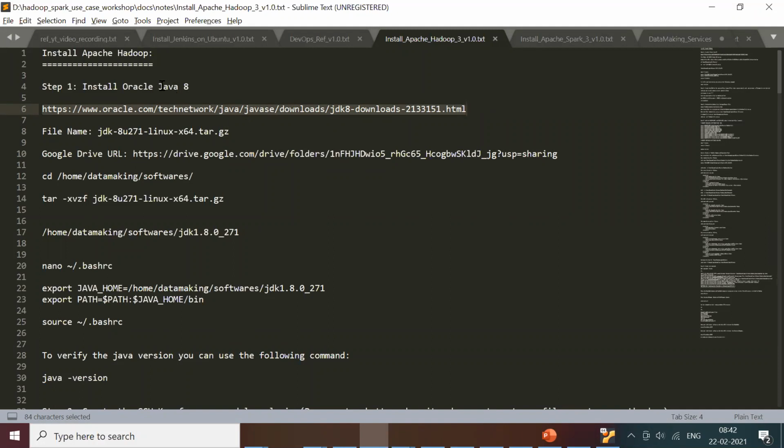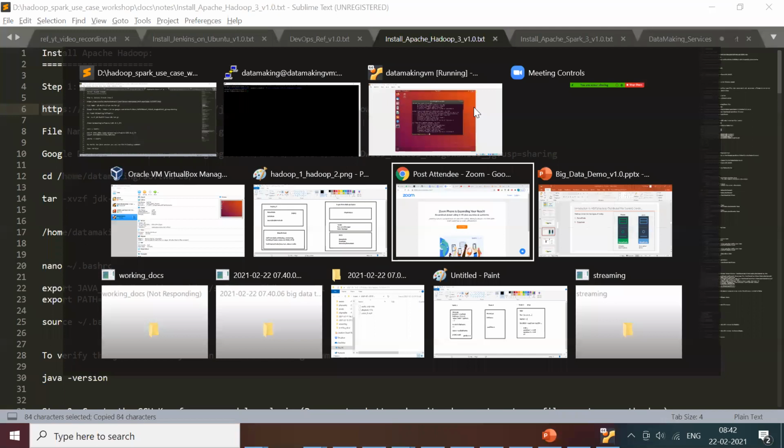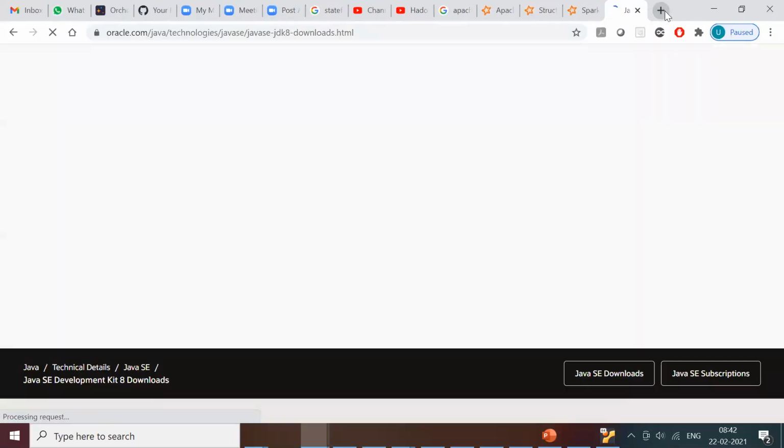But make sure that you have the Java 8 version, either Oracle Java or OpenJDK. Use Java 8 because we are going to use the same version for Spark as well. When you go to this Oracle JDK download page, it will ask you to sign up.